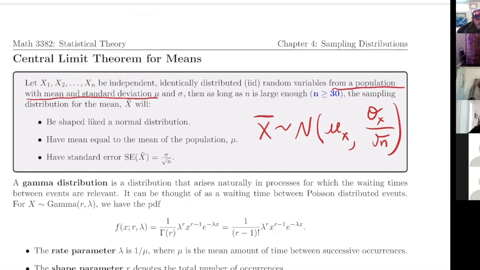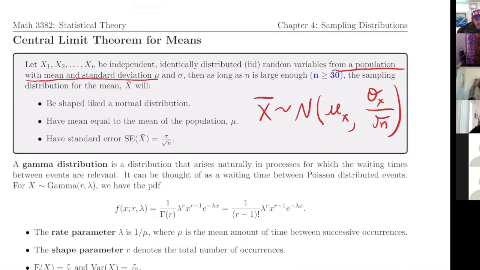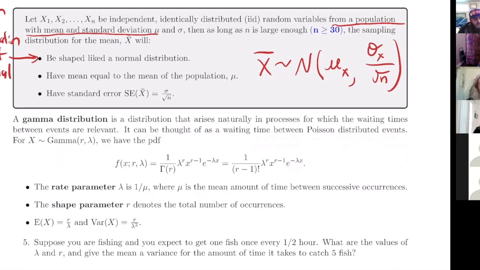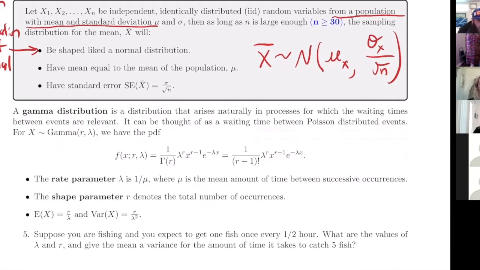So as the normalness... we might have a population where the distribution is heavily skewed, and that's still not going to change the fact that the sampling distribution is going to be normal. So down here, the example I want to take a look at is dealing with a population which is given